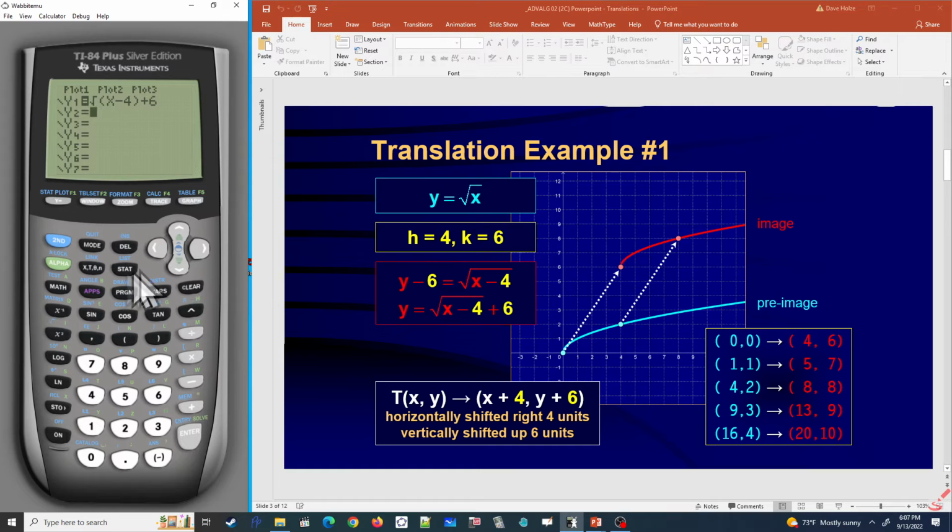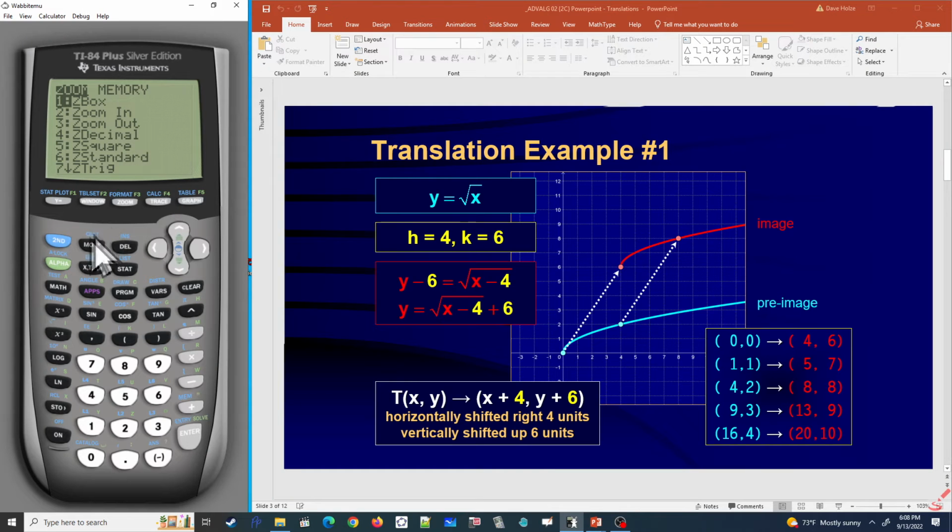So down here I'm going to type in the square root of x. I'm going to go ahead and hit graph. There's the image, there's the pre-image. And I'm going to go back one more time so I can show you this all again. I'm going to go back to zoom, hit Z decimal, and we're only going to see the pre-image, the parent function. The reason why I chose Z decimal, number 4, is so that